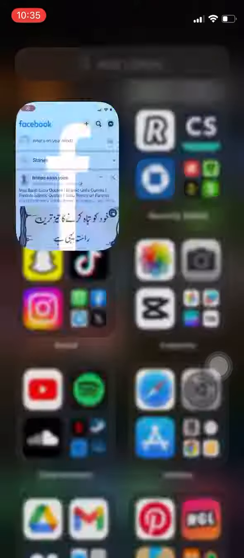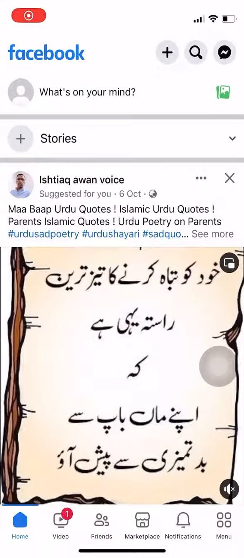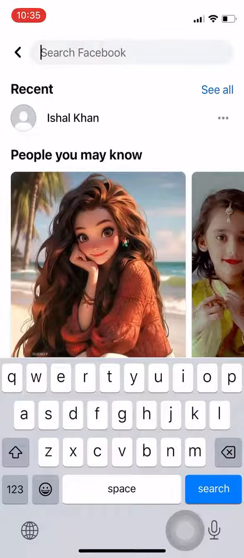Firstly, open the Facebook app on your mobile device and make sure you are logged in with your account. Now, go to the search bar and search for the username that you want to check for. When you search for the person's name in the Facebook search bar, their profile does not appear in the search